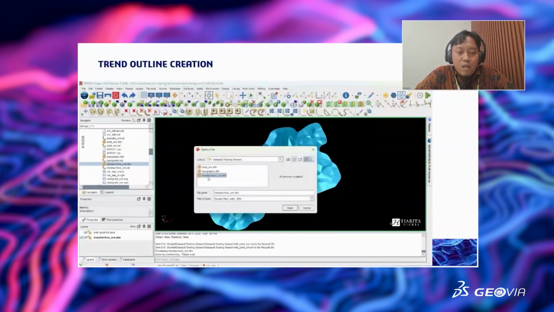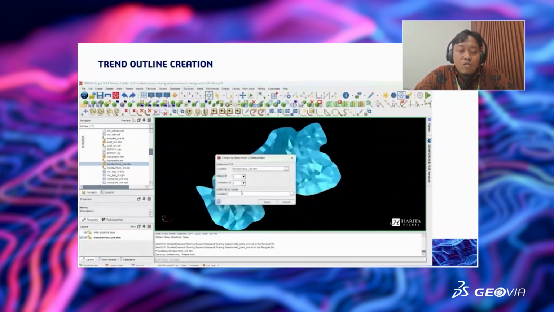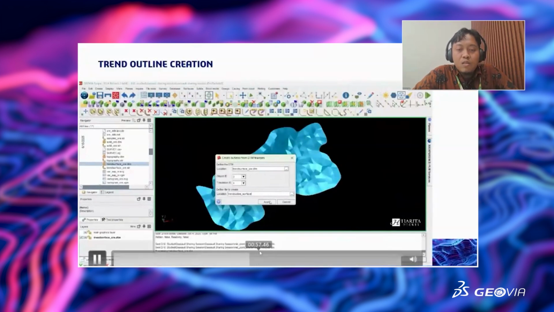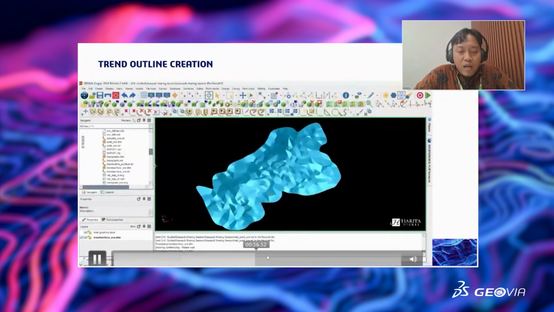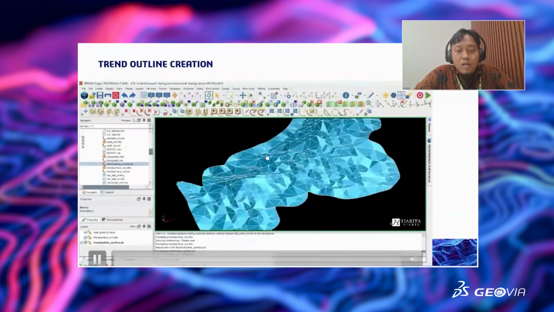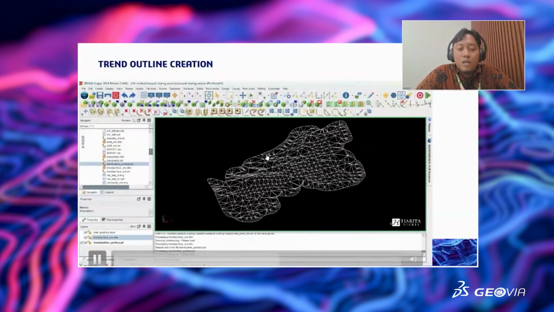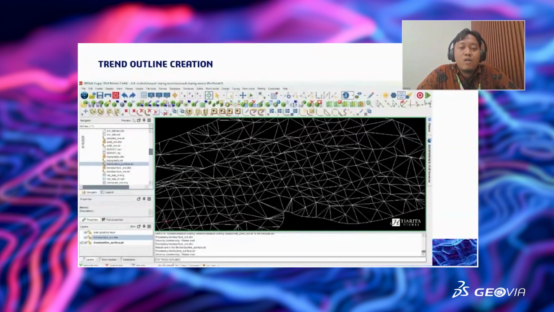After that I will open my trend surface DTM and define the creation, just put your string trend outline. After this it will create the string file from the DTM surface of my solid ore, and this string will contain the information of my orientation. Here description one is the dip and description two is the dip direction.